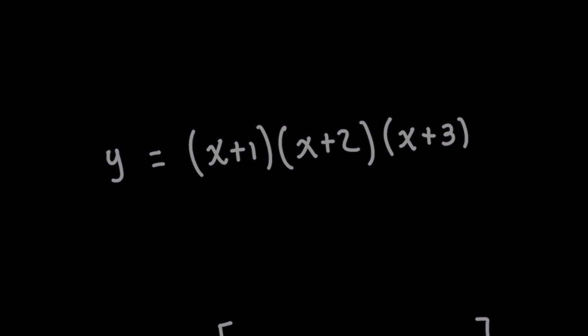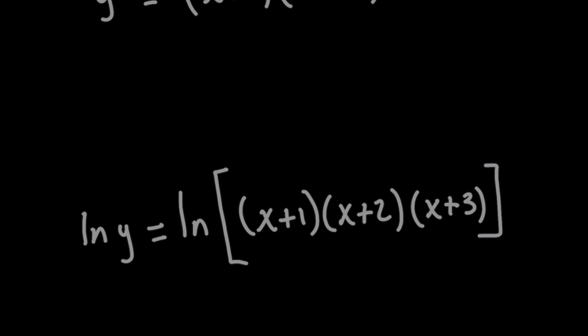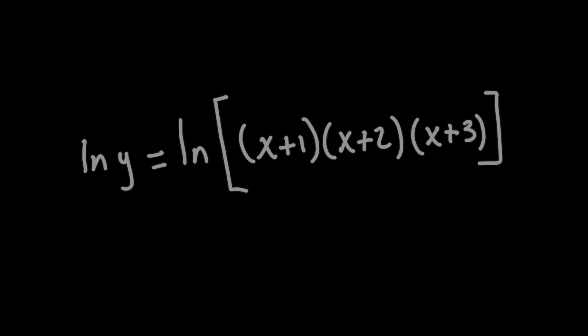I'm about to show you a ninja shortcut to find the derivative here faster than the product rule. And then in a little bit, I'll tell you the number one shortcut you need to know. So I'm going to take the natural log of both sides here, giving me this expression, and knowing your properties